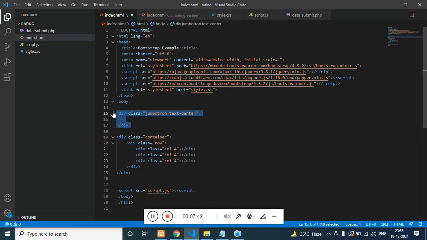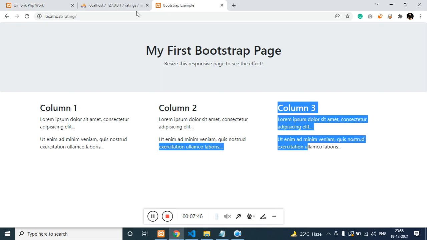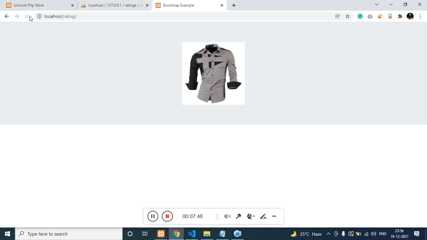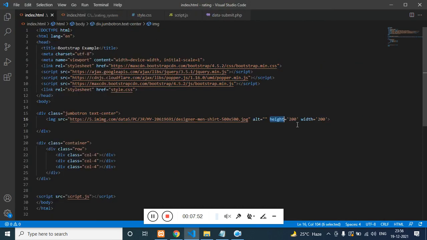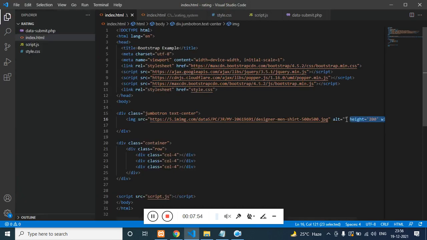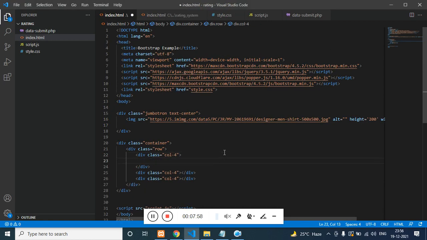Now let's just add the image. So it's just an image tag. So let me see how this looks. Cool. I have given height and width as 200. Now on the first column